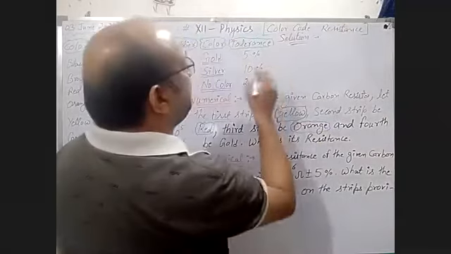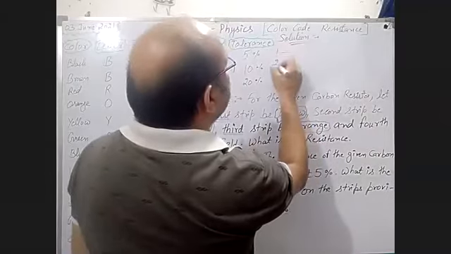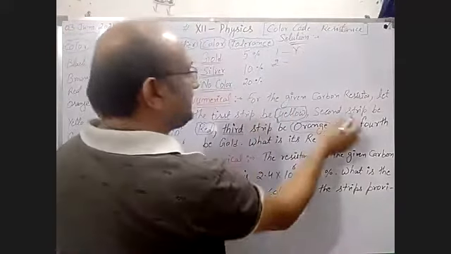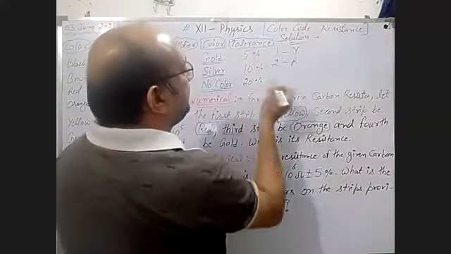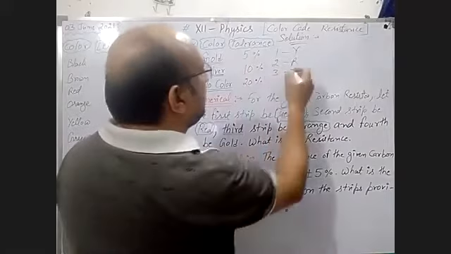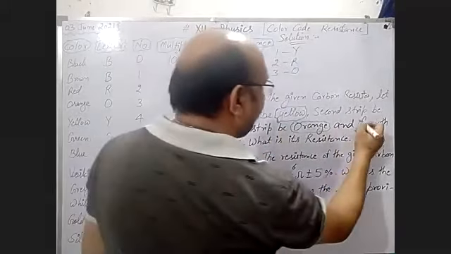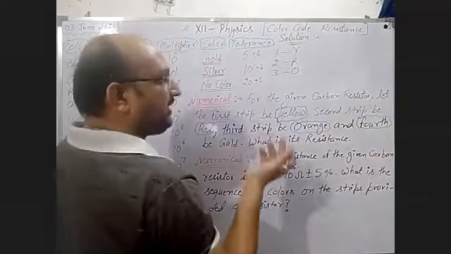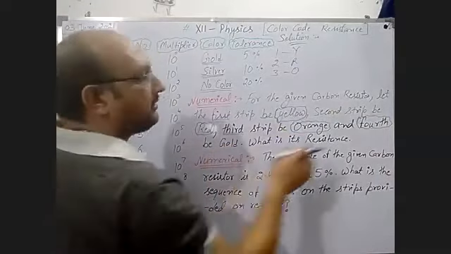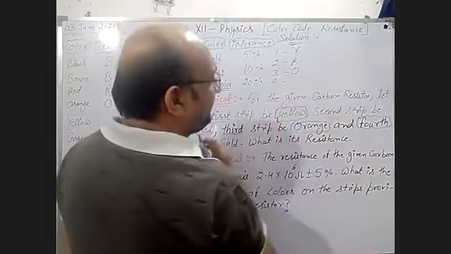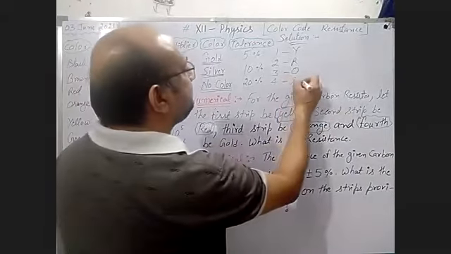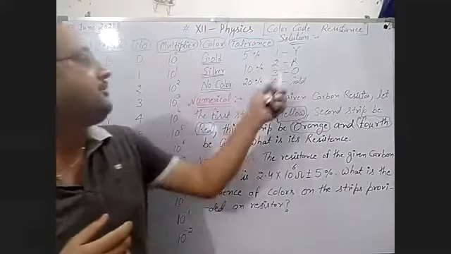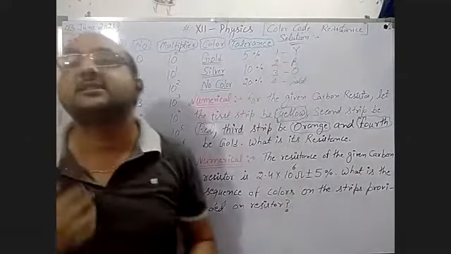Now, first of all, you have to select the first and second strip in sequence. First strip is yellow, second strip is red. Now the third is orange, and the fourth may or may not be given. Here the fourth is given, gold. Now, how do you arrange the numerical digits instead of these colors?